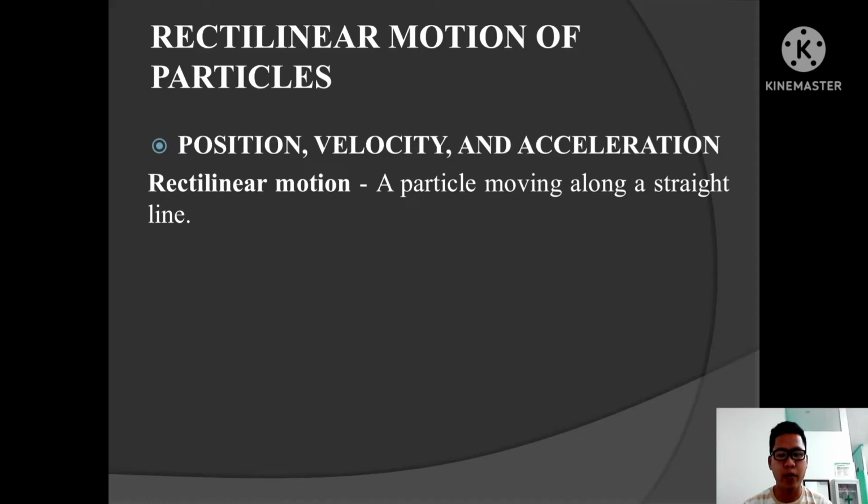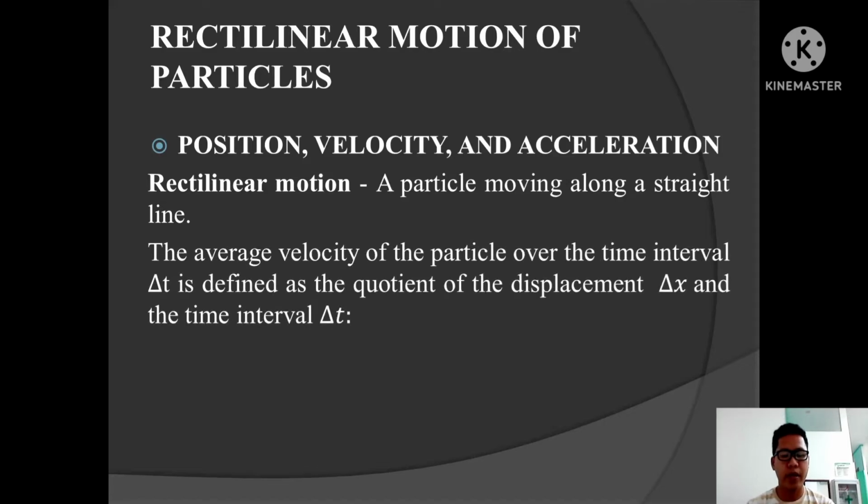One example of a rectilinear motion is kids sliding down a slide, wherein the path is a straight line where the kids slide down in a straight line. Another is the motion of a plane in the sky, wherein the velocity remains constant. So we have the average velocity of the particle over the time interval delta t,